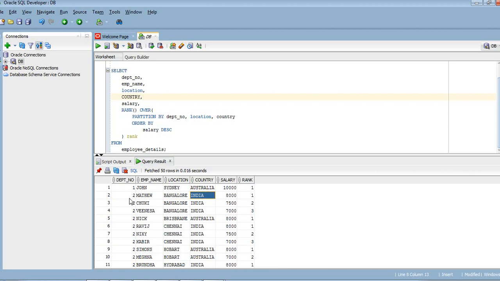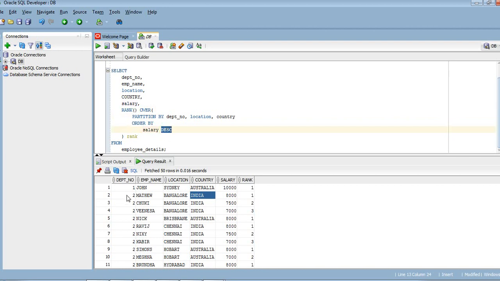For these three combinations, we are checking who is the highest paid salaried person. Why these three? Because while ranking, we have used these three columns in partition by. So we are grouping the data based on these particular columns, and we are ordering it based on the salary column, salary descending.